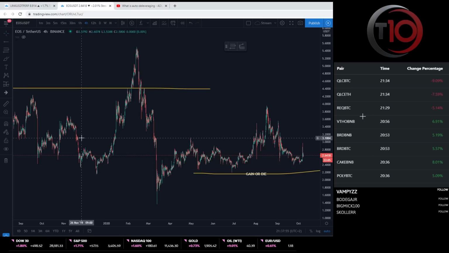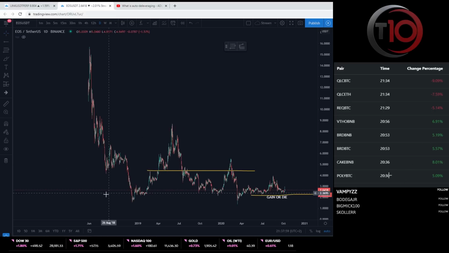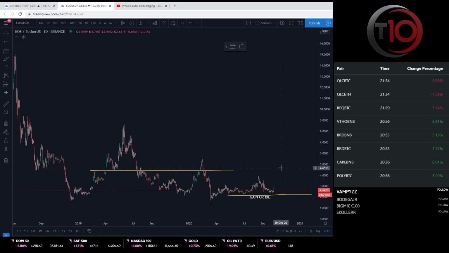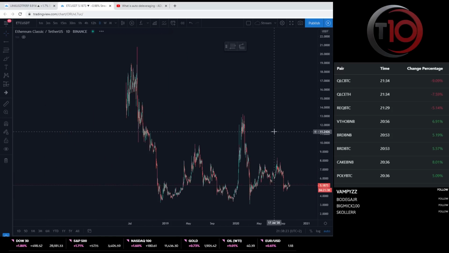I don't like this pair. So this area I'm throwing here. It's this zone. To be honest, I'm not touching it unless it can gain this zone. You can look at some super low time frame entries, I guess. See ETC,